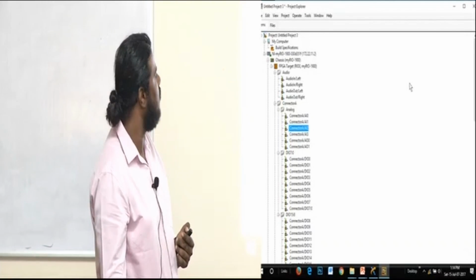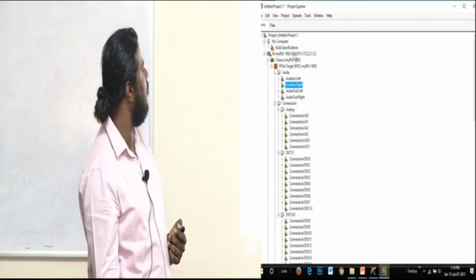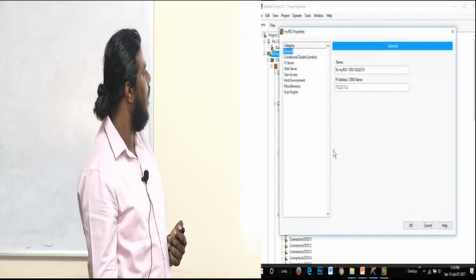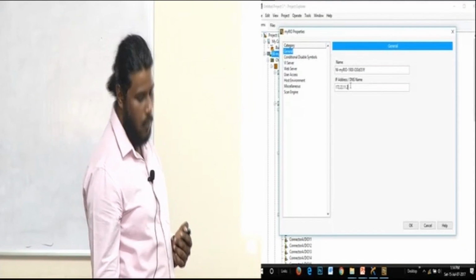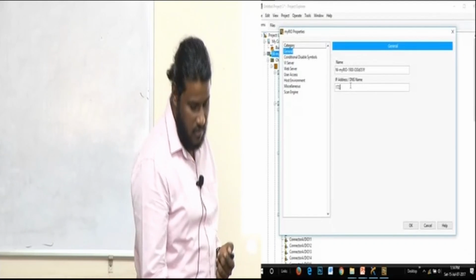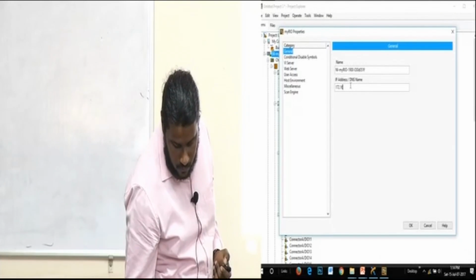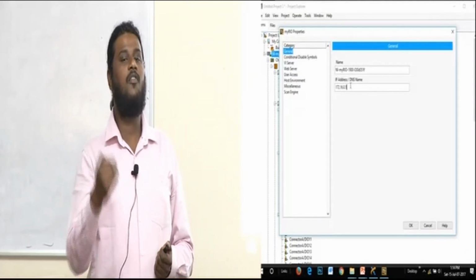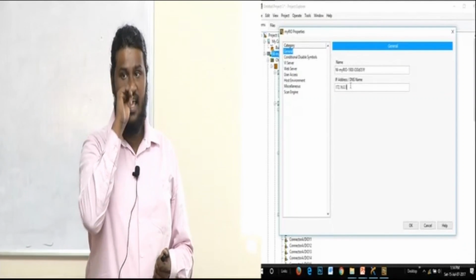So what you have to do is right click on this my RIO once again. Go to properties and make a change on this. What is the IP? It's a desired IP, 16.0.1. Why was my computer preferring the Wi-Fi address? I never disconnected it.